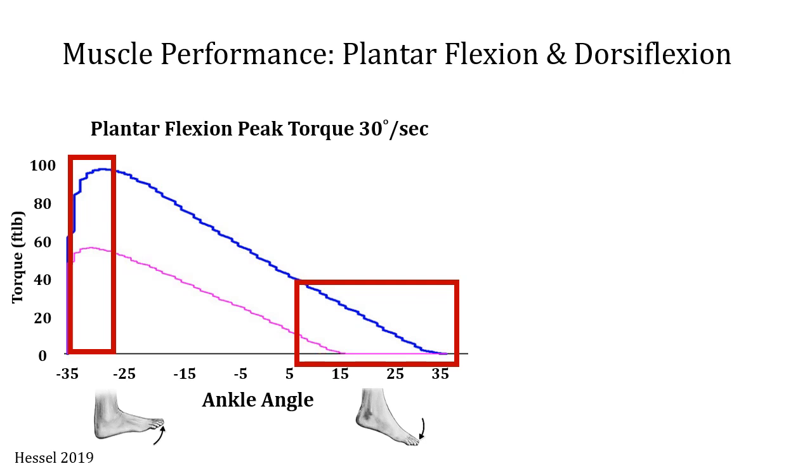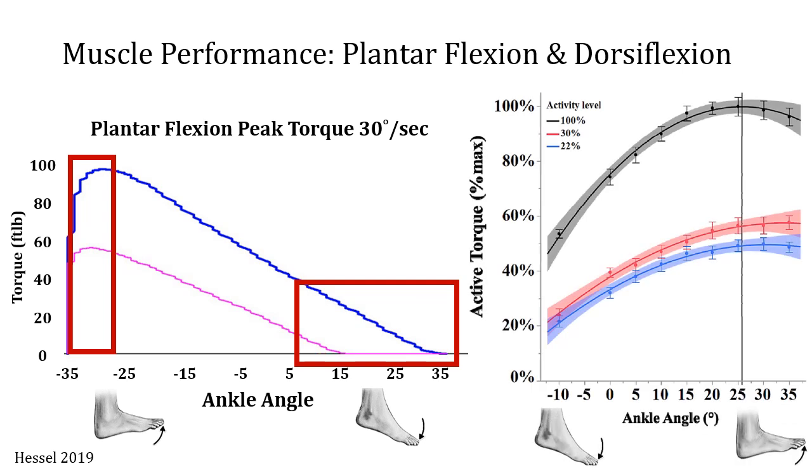This can be an important element for the disability and the deficits that linger following Achilles tendon repair and rupture, as they lose this elastic recoil of the tendon. And then the active torque is shown on the y-axis. You have your percentage of max, and the point of this image,